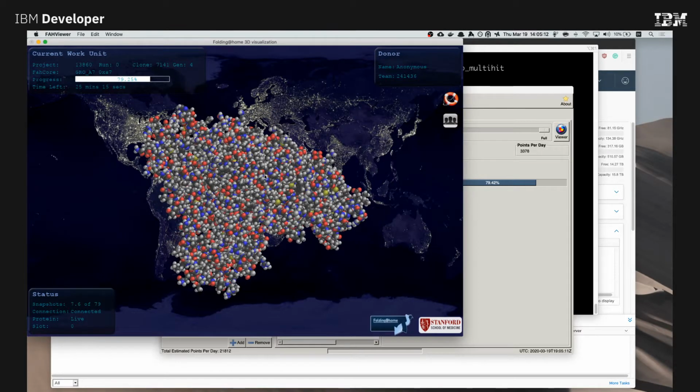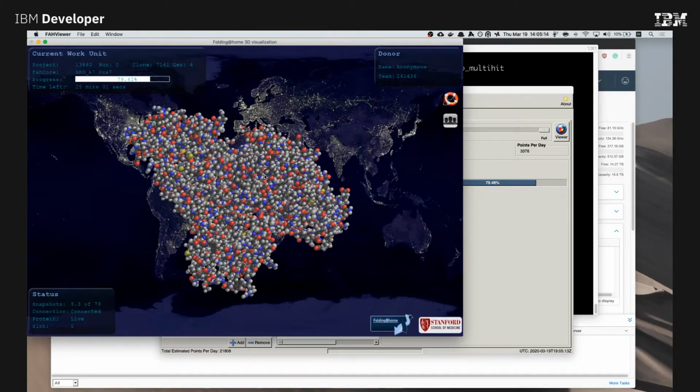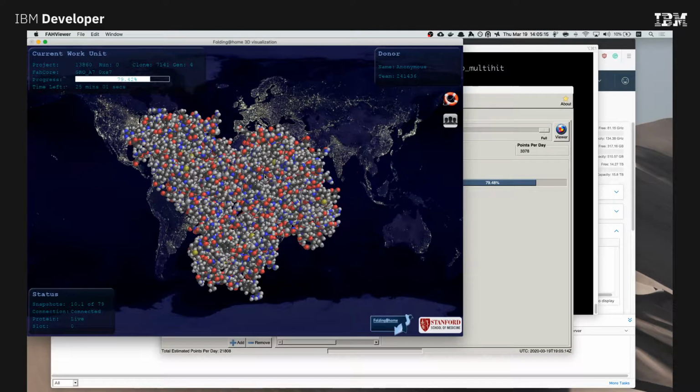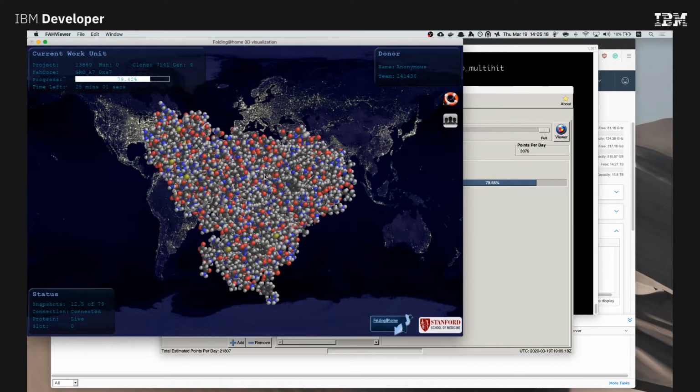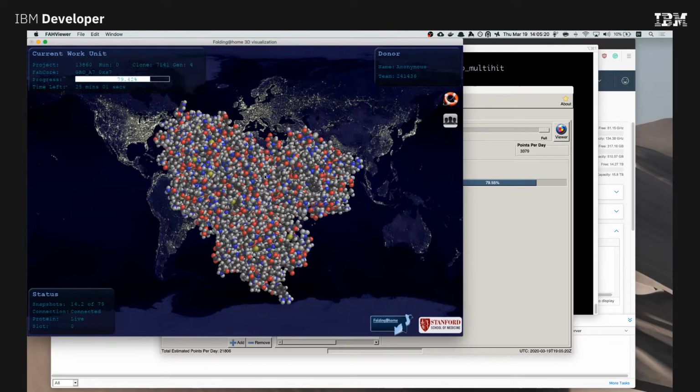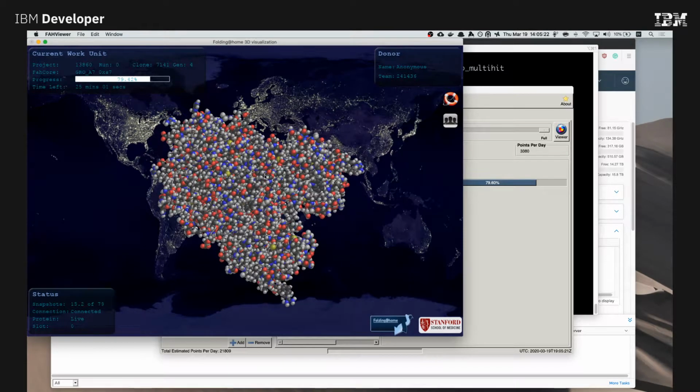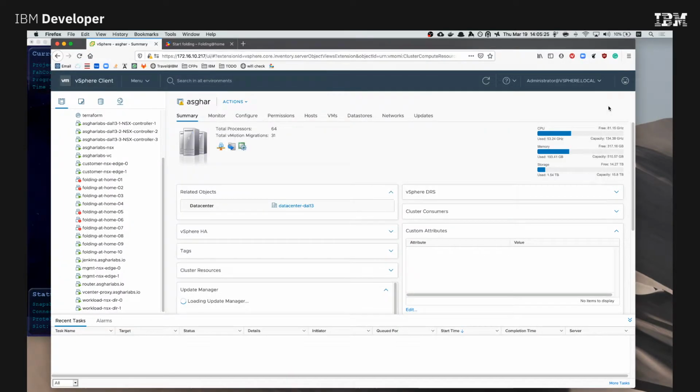Now, I don't actually know, and I haven't been able to find any data on this: is it better to have one big machine doing Folding at Home? Because if you noticed, when I just flipped through here really fast, I have 64 processors in this whole cluster, and these are all rather large machines. As you can see, I have 510 gigs of free memory capacity and 134 gigahertz